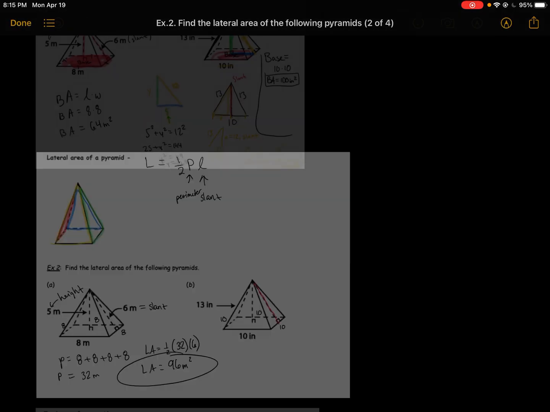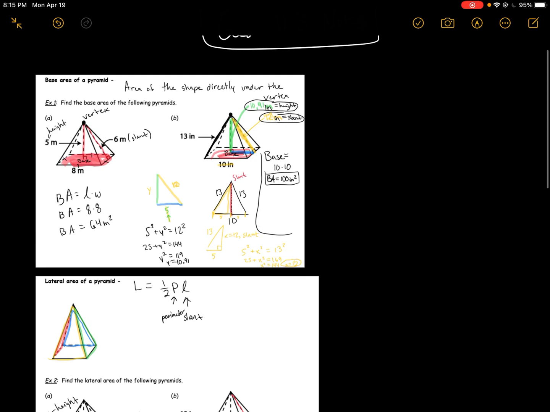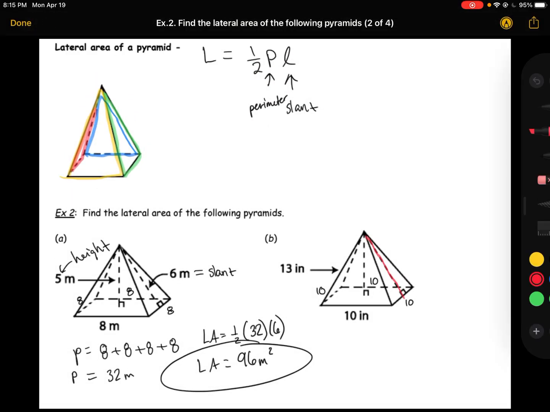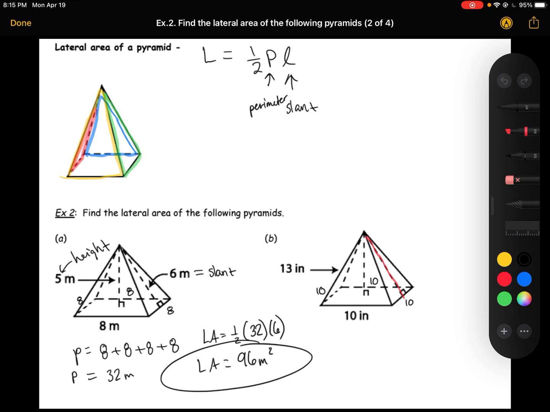Again, for our next pyramid, we already have done quite a bit of this work here. So let's actually go back and remind ourselves of that. So we need our slant height. So from the previous page, we calculated that our slant height was exactly 12 inches. So again, we just did that on the last page, so we're not going to do that work twice. So the slant is 12 inches. So for our next one, perimeter,